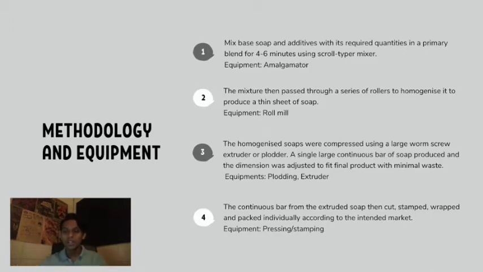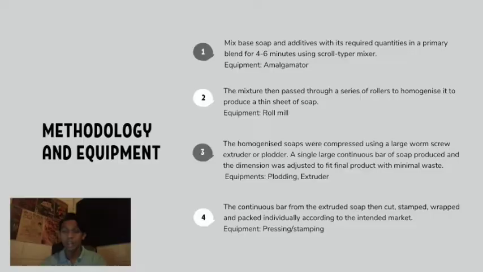So the fourth step is the continuous bar from the extruded soap is then cut, stamped, wrapped and packed individually according to the intended market. In this step, I also include the drying process. After the homogenized soap in a large portion is cut, the soap is dried first before it is stamped, wrapped